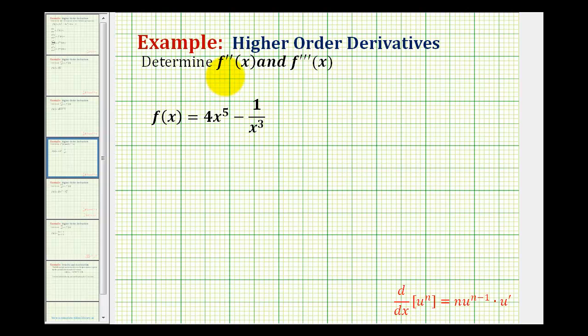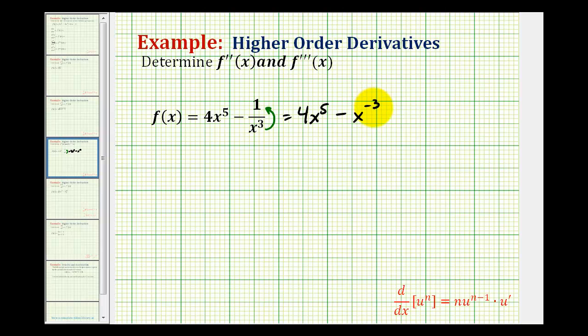We want to determine the second and third derivative of the given function. In order to determine the second derivative and third derivative, we do have to start by finding the first derivative. And looking at the given function, we'll first have to rewrite the second term as x raised to the negative third power. So to apply the power rule, we'll write this as 4x to the fifth